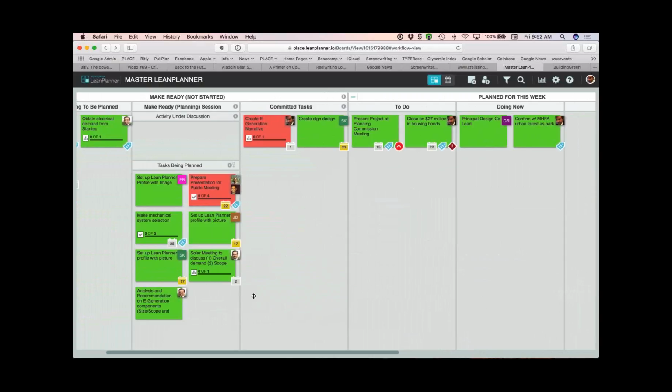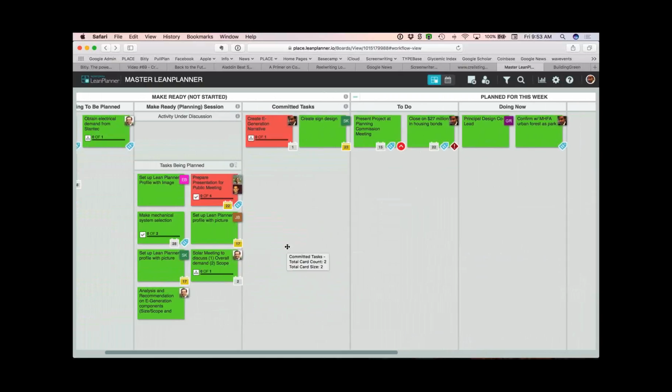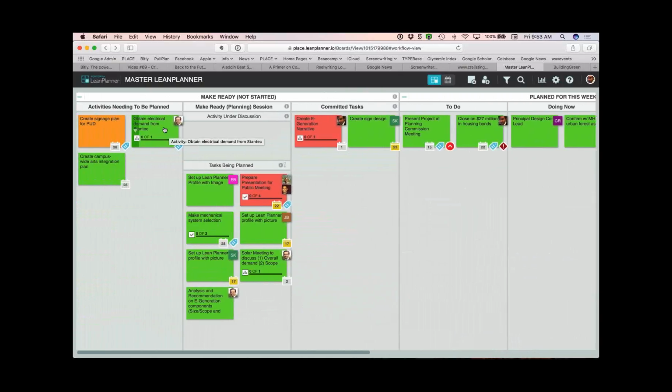We were in the room with each other, so we went around and said, Stuart, can you create this sign design, and Naresh, can you obtain this electrical demand from Stantec? And then Naresh would sign it, and we knew he was going to make the commitment to it. That was really helpful in everybody understanding the network of promises that were being made to one another.